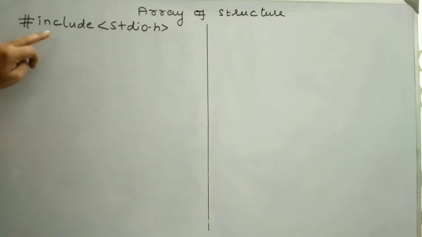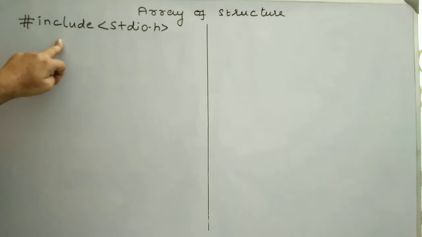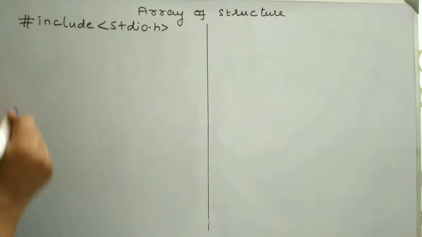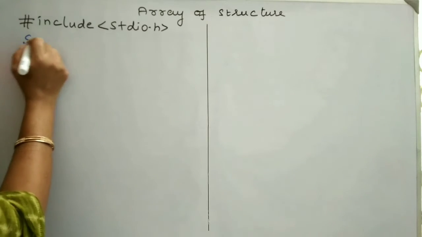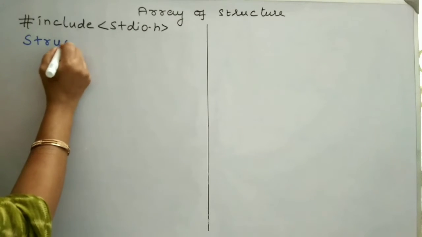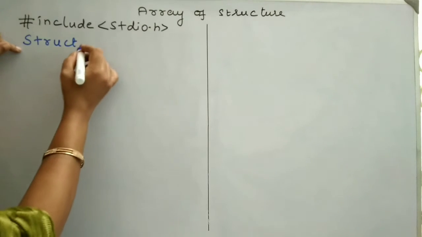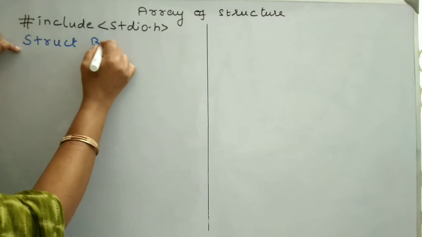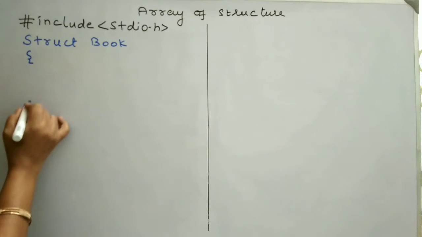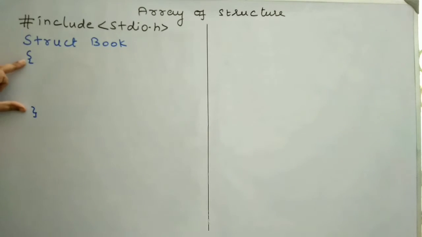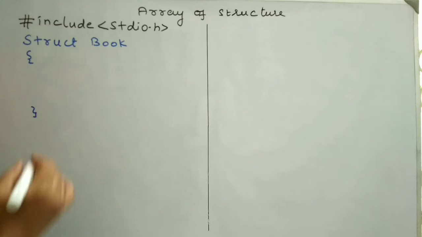So I am going to write an example program for implementing a bookstore. In this program, I need to define a structure. How to define a structure? Structure definition starts with the keyword struct followed by the name of the structure. I am giving the name for my structure as book, since it is going to implement book details. All the data members are defined inside this curly brace. With this semicolon, the definition of the structure is going to end.